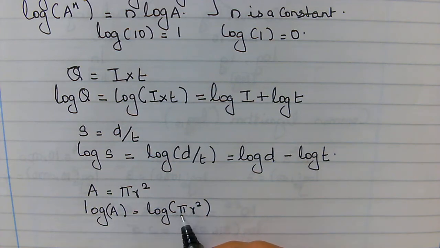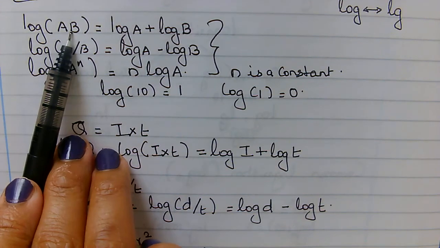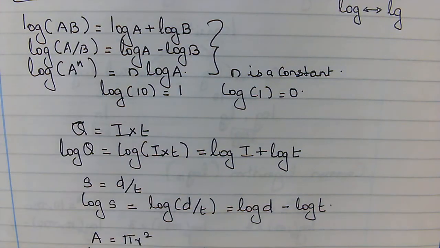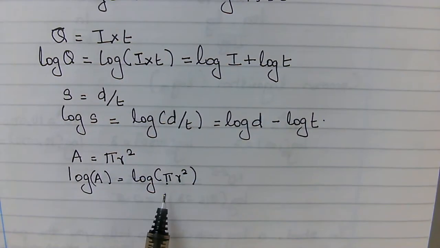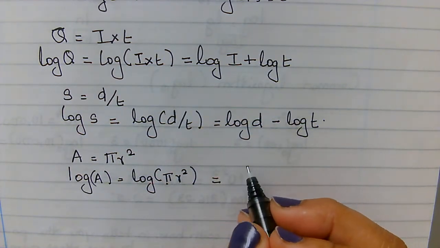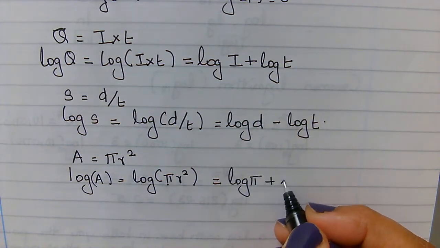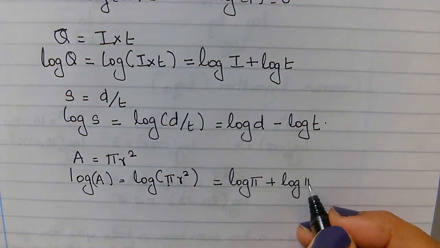So log pi r square comes in with our first rule, product of two quantities. So we have to apply the first rule here, which takes it to log pi plus log